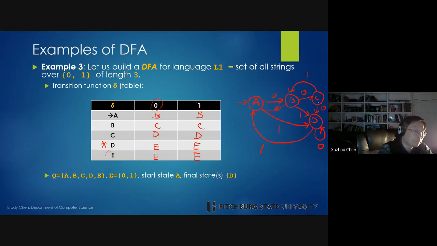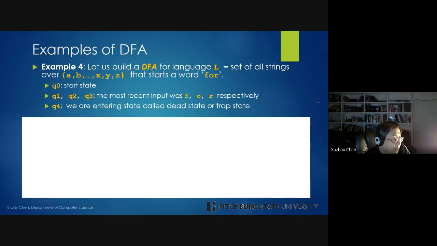Okay. I think we still have time, so we can do more examples. Okay, here's the